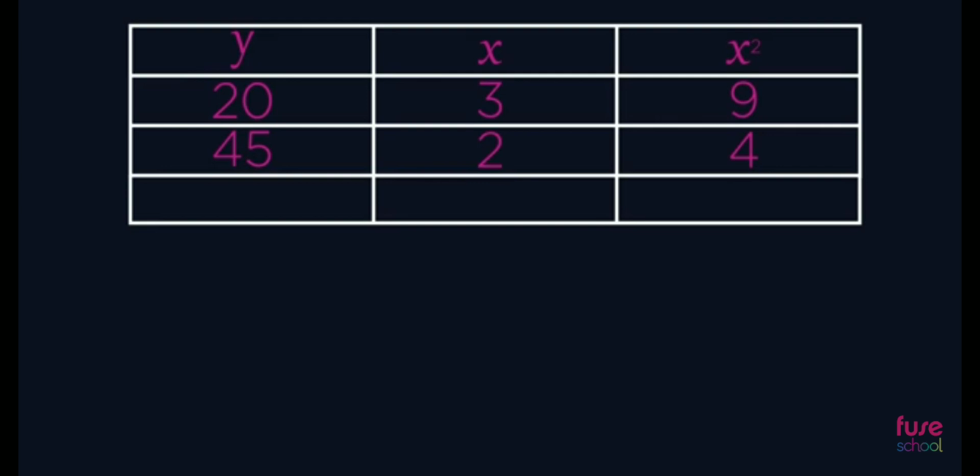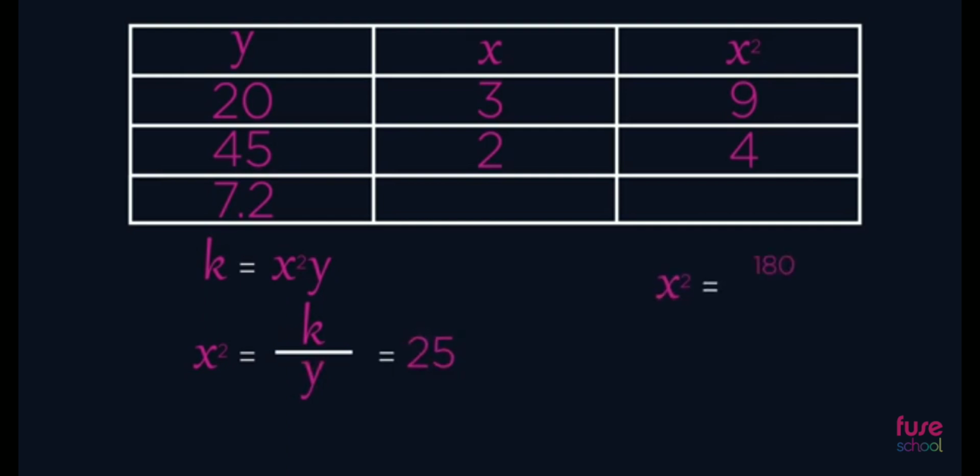We can also find values of x given y. For the same equation, find the value of x when y equals 7.2. If y equals 7.2, we need to use our equation to find x squared. We can rearrange our equation to make x squared the subject, giving us 180 divided by 7.2 equals 25 for our x squared value. We can then square root 25 to find the value of x when y equals 7.2. X equals